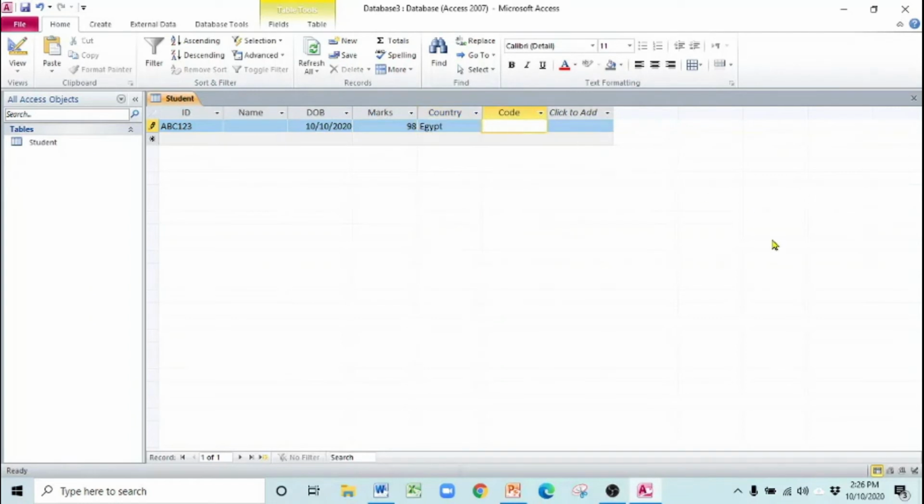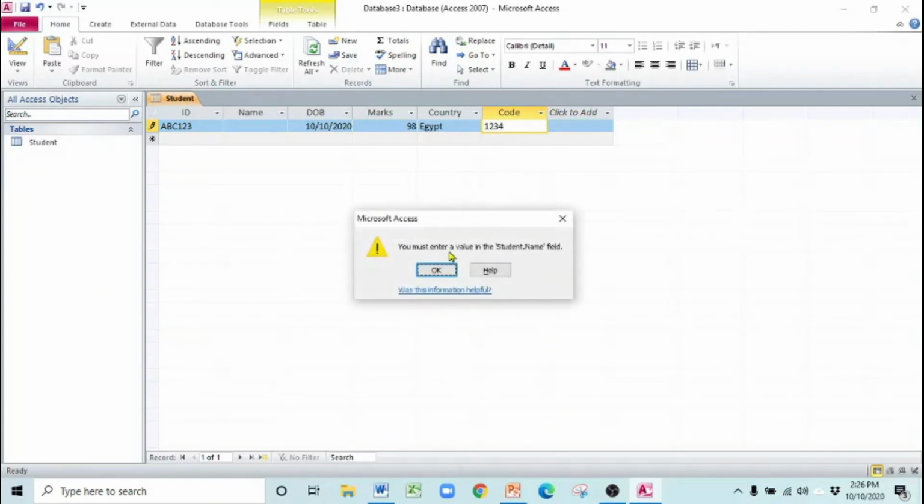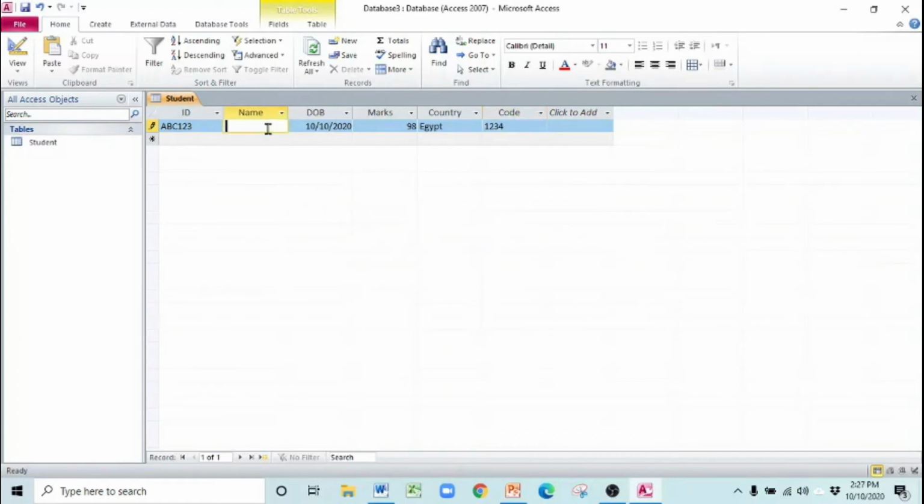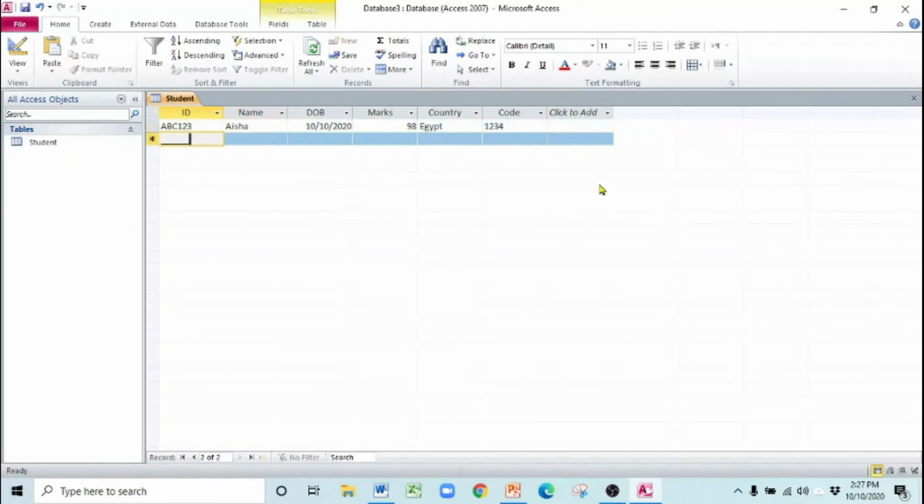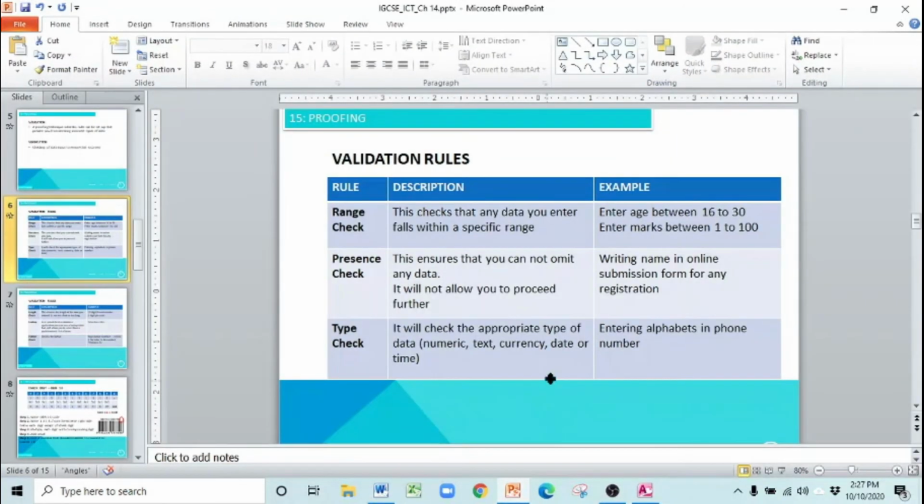For the code, we have applied length check. Let's suppose I am writing 3 characters only, 1 2 3. It is rejecting. What is the message? "Enter 4 digits." I'm just entering 4 digits now, 1 2 3 4. Enter. "You must enter a value in the student name." Why? We have done the presence check over here. So let's enter the name over here. Now you can go to the next record, otherwise it will not move to the next record. So these are the different validation routines, validation checks which you can apply on different